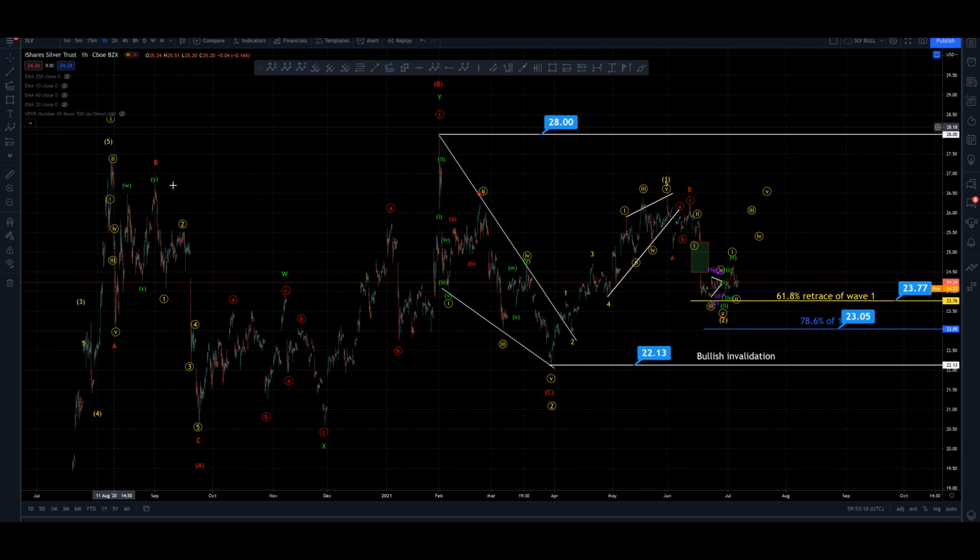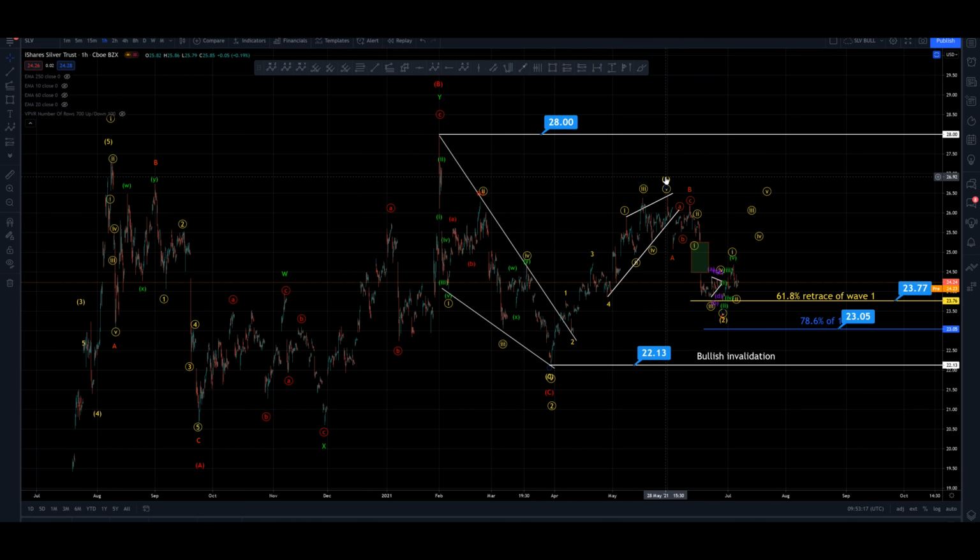This is the idea that the primary wave 2 completed on the 30th of March low. We've put in a wave 1 impulse, we've put in a wave 2 correction to the 61.8% retracement at 23.77, and now we're impulsing higher. Nice and simple. So in this interpretation, invalidation of the entire bullish count is at 22.13,